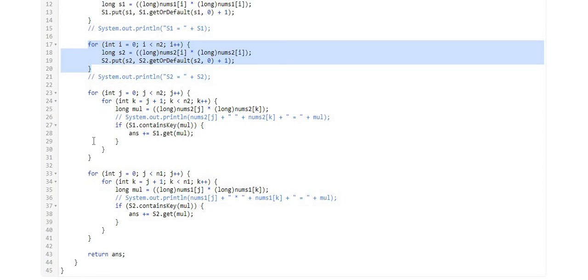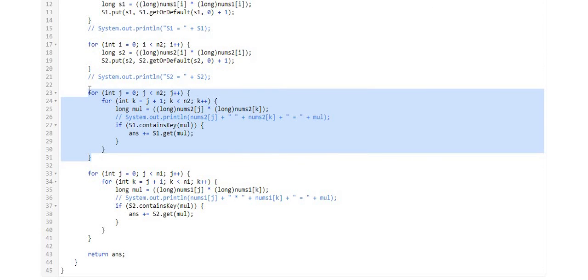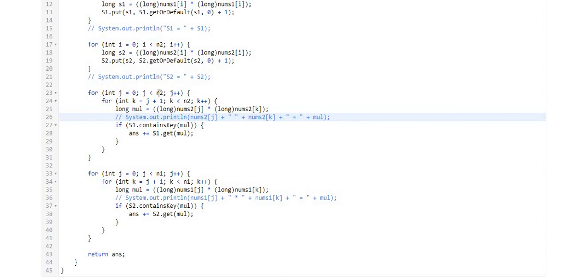Then what I am doing here is checking. I have repeated this procedure for array 1 and for array 2. So I am taking the pairs from array 2, that is j and k. I am taking the product of the elements, and I am checking whether such a product is already present in hash map 1 for the nums1 array. If it is present, then I can say there is a square of an element that is matching with the pair from the nums2 array.